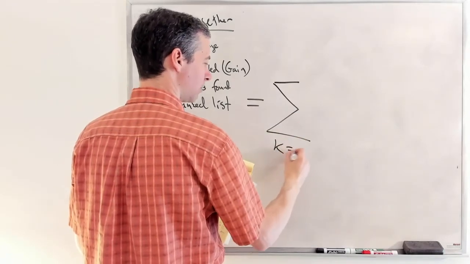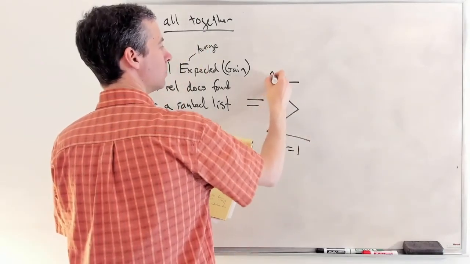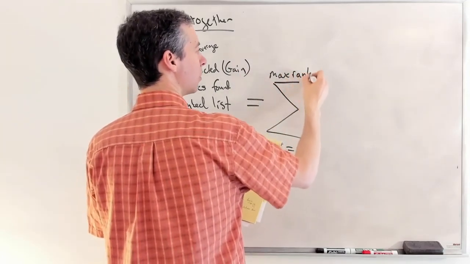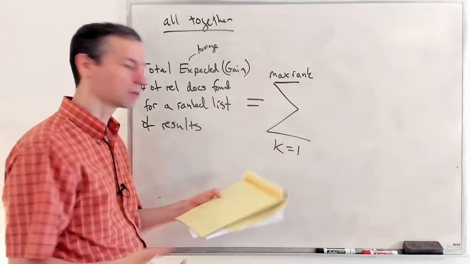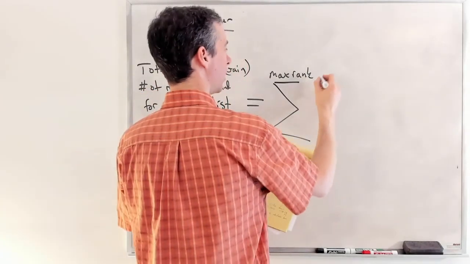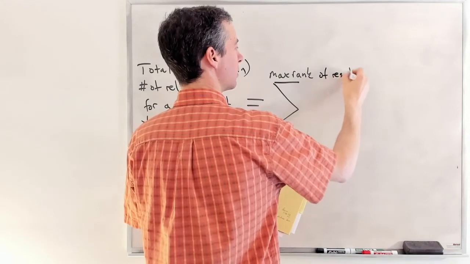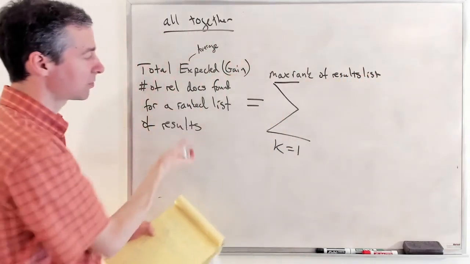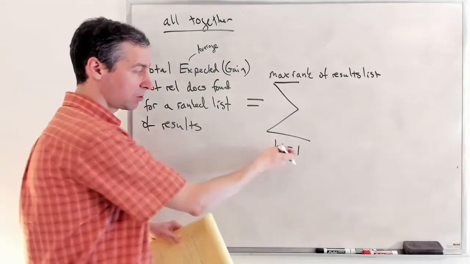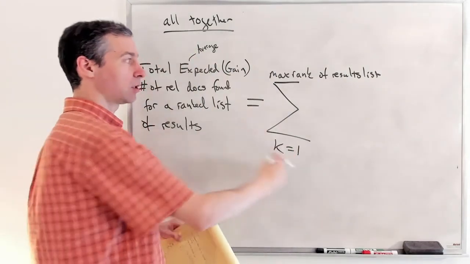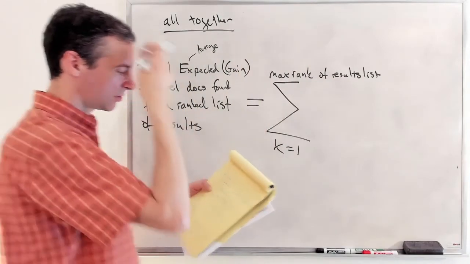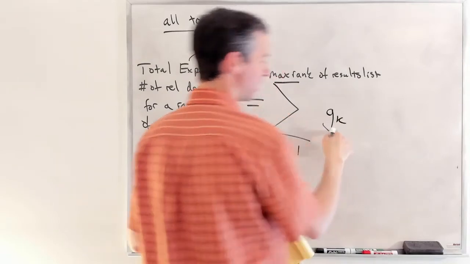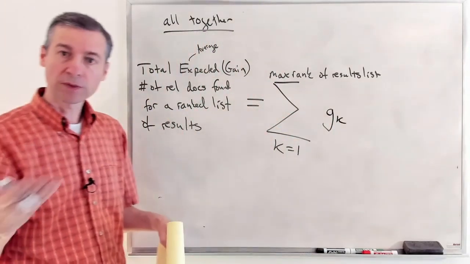As we go down the rank list, we've got a list of results from our search engine and we only produce them to be so long. Often we'll do like 1,000 results. So whatever the maximum rank of the results list is, we're going to evaluate a given results list that's been ranked. We're going to go down from the topmost rank 1 on down through the rank list, and we're going to sum up the values. And so we go G of K, which again, that's the fraction of relevant documents found